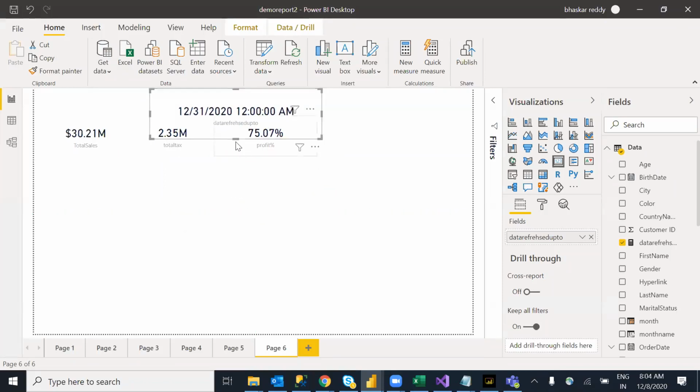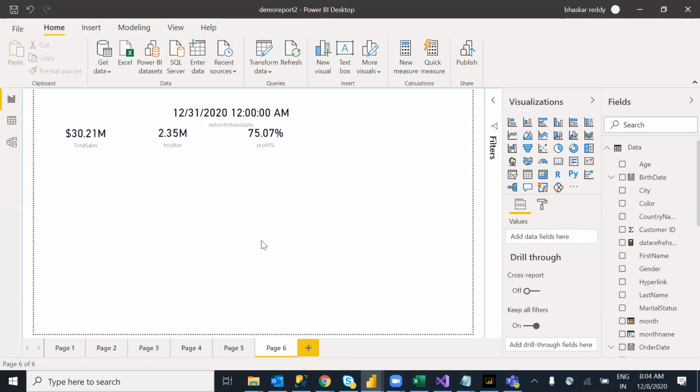In each and every place my report will display the highest date of my report. That means up to today, up to this date. If after 1 week the data is not refreshed, that means we can easily identify that the data got not refreshed. Up to this date only we are displaying the data.